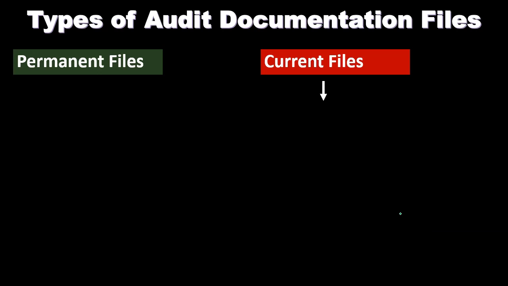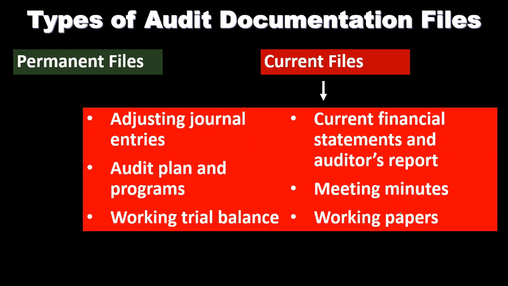When we think about the current file, we're thinking about those types of things that are going to happen in the current time period. So the current audit information that we're doing, often happening on a yearly basis. So these are things that we might group basically on a yearly basis in terms of the current file that we are working with. So we have the adjusting entries, we've got the audit plan and programs for that current audit of the current year, working trial balance for the current audit current year. We have the current financial statements and auditors reports for the current year, the minutes for the current time period,